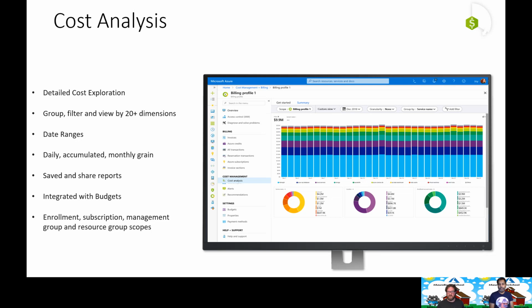Abdul, any other thoughts on cost analysis? So cost analysis, the other thing is it includes accumulated cost view, and one of the biggest things about it is,